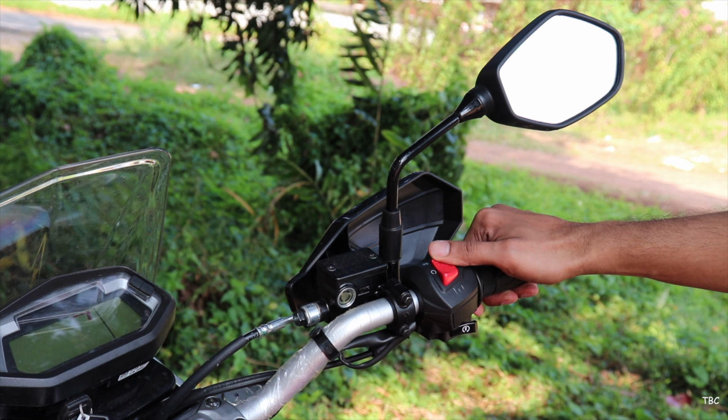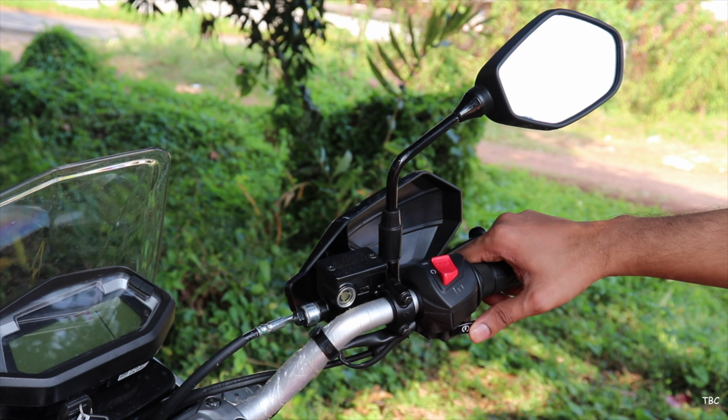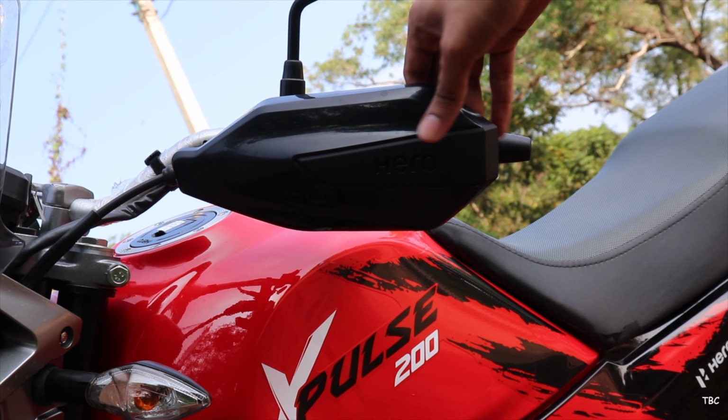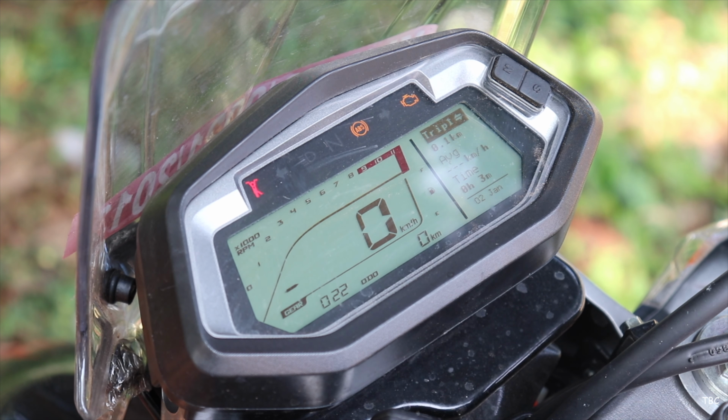And on the right there is the engine kill switch and the self start control, and here all of these switches are of good quality, and also by the way you get the handguard here which again is a neat add-on. And about the speedo console, this is a fully digital meter which has excellent readability, and here the console